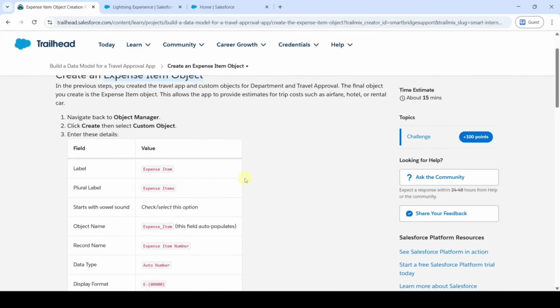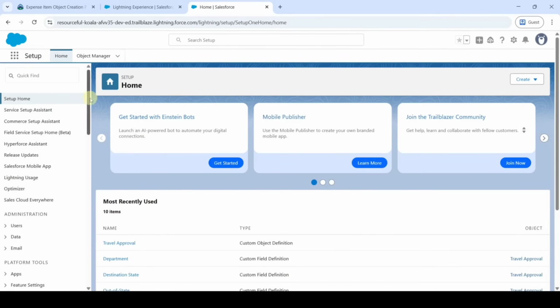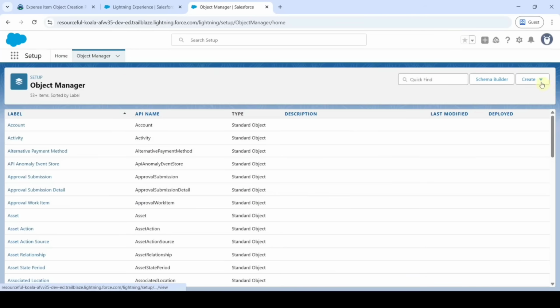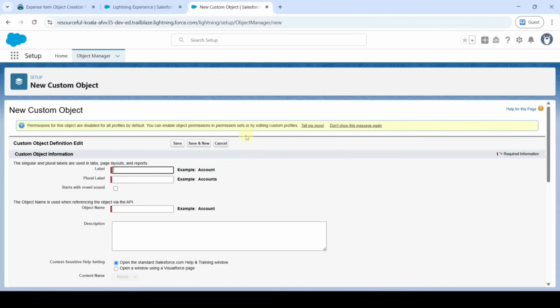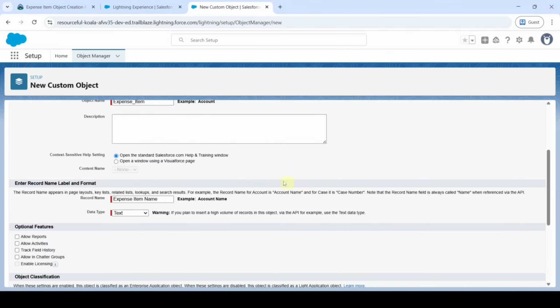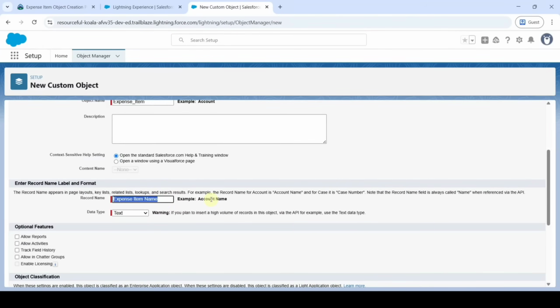So in this challenge, we are going to create the expense item object and some of the fields in that. So let's start with object creation. For that, copy the label expense item. Then here move to the object manager. Click on this create button and then click on this custom object. Add the label which we copied from the instructions and add the plural label as expense items. Just add S and then copy the record name from the instructions, that is expense item number. Replace with this name